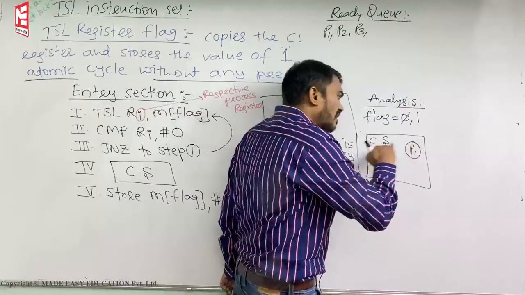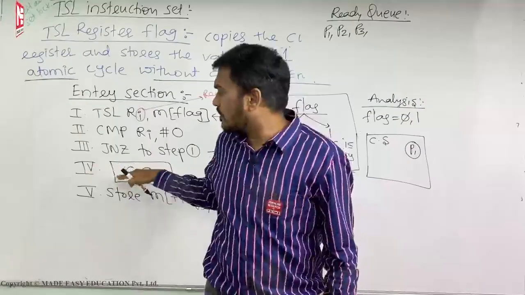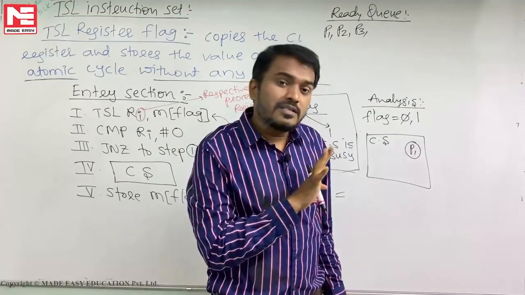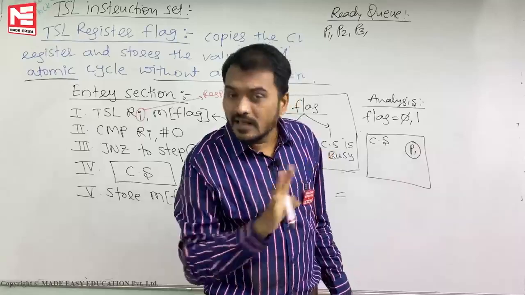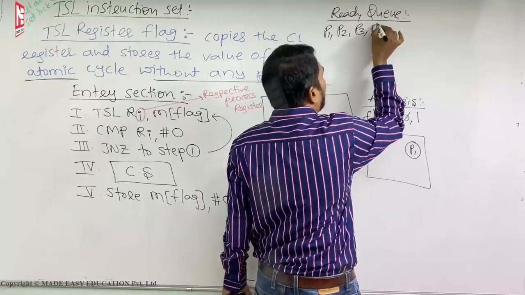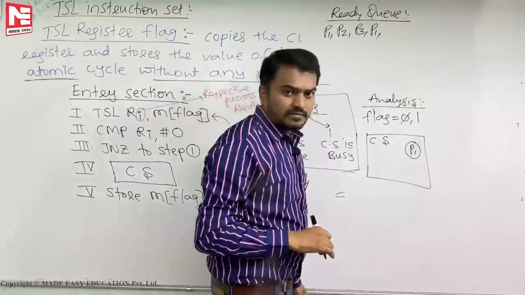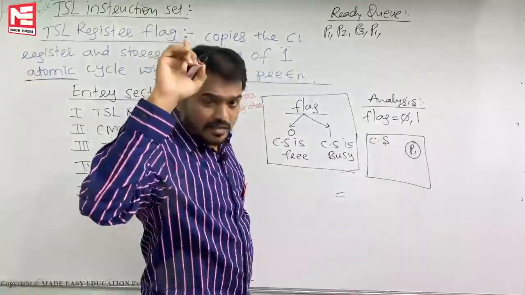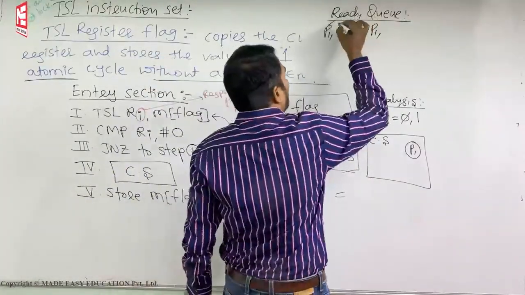P1 अभी भी CS के अंदर है, P1 का टाइम क्वांटम एक्सपायर हो गया, मगर अभी भी क्रिटिकल सेक्शन पूरा कंप्लीट नहीं हुआ है, तो क्या होगा? P1 का टाइम क्वांटम एक्सपायर हो गया तो वापस रेडी क्यू में गया। राउंड रॉबिन का रेडी क्यू बना रहा हूं।